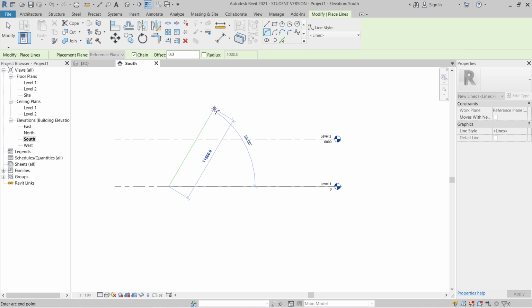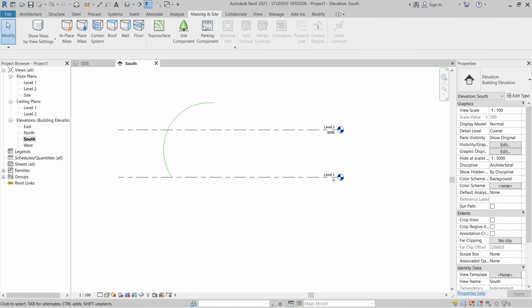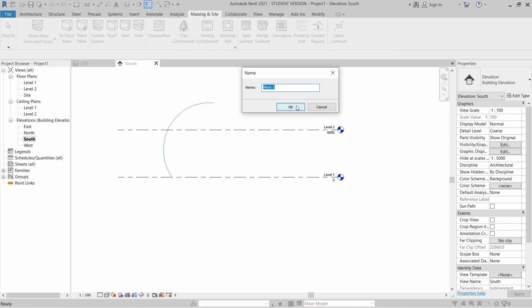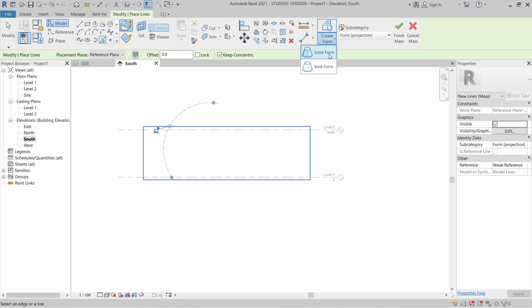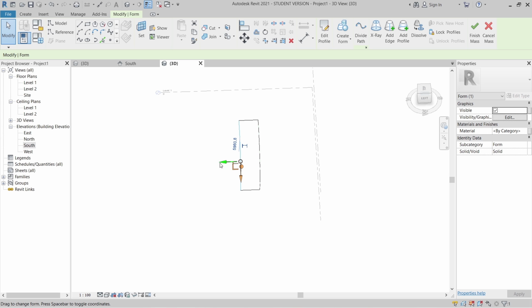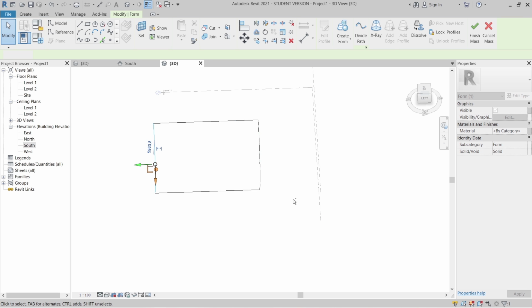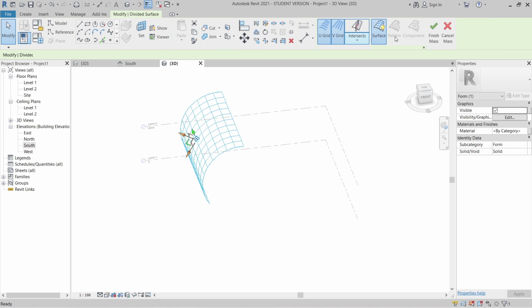I will make it something like this. Then I will make here something like this, then hit escape a couple times, then go to masking and size, in place mask 1, simply use a pick line, pick here, then create our solid form, go to 3D. I want to make it longer a bit, just like here, then start from our arrow here, just right here like this. It's perfect. Then I can select all my panel here, device surface,